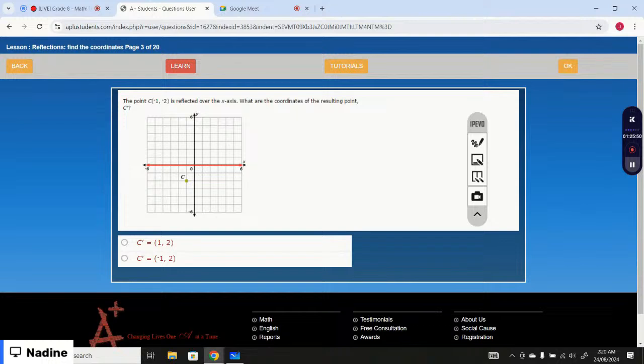The reflected image, you have to reflect over the x-axis, right? So the reflected image would be,